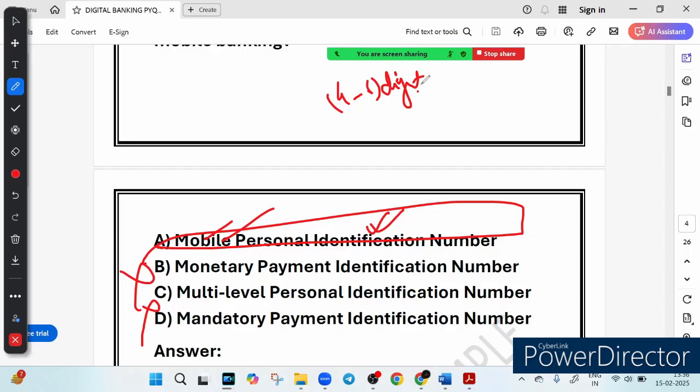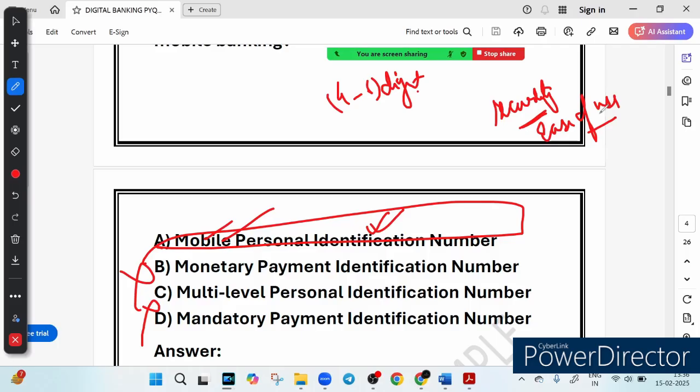When you withdraw cash, you enter your ATM pin for security. Similarly, when you send money via UPI or a banking app, you enter your MPIN, which is called mobile personal identification number. So why does it matter? Because this is important to ensure your security, right? It ensures that only the account holder can make transactions, and the second advantage is ease of use, that instead of a complex password, a simple pin is used for authentication. For example, if you use Google Pay or PhonePe, before making a UPI payment, it asks you to enter your MPIN. So this step ensures that even if someone steals your phone, they can't transfer money without knowing your MPIN, right?